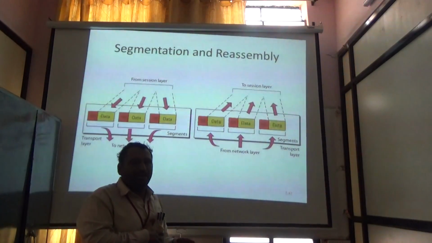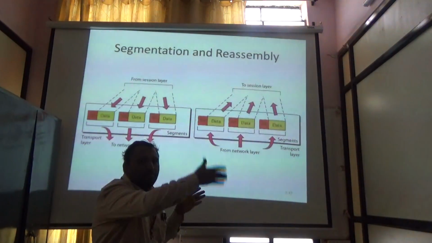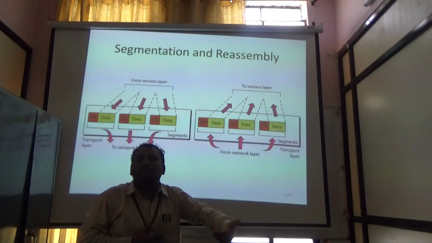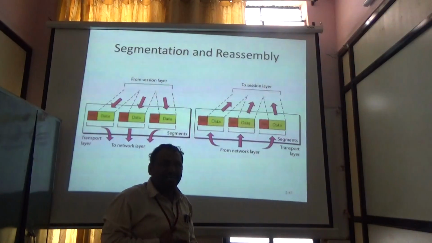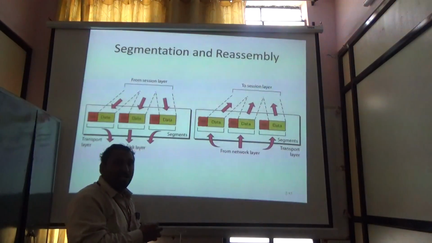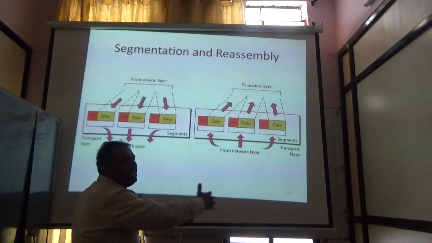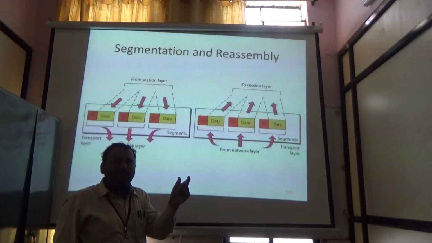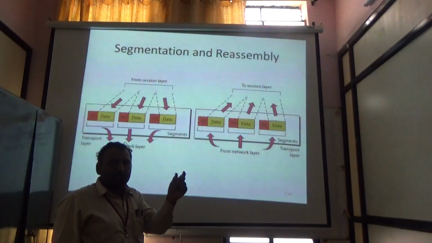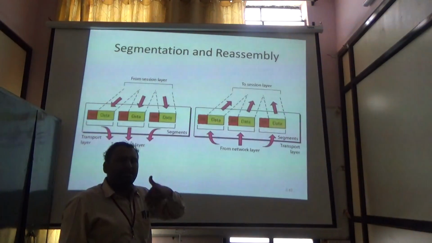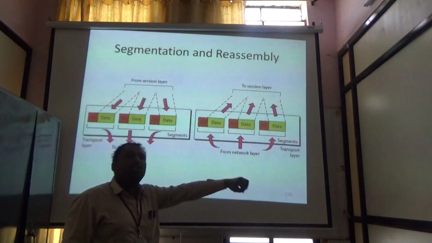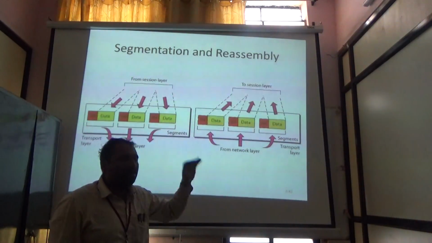So what we do generally is we divide that data into a number of segments and then we transfer it. So if at all any error comes in any one of the segments, then we can resend those segments instead of sending the entire bulk data. So it is just like we are dividing the data into small packets, small segments, and then sending the individual segments. So if at all an error occurs in any of the segments, only that segment we can transmit,